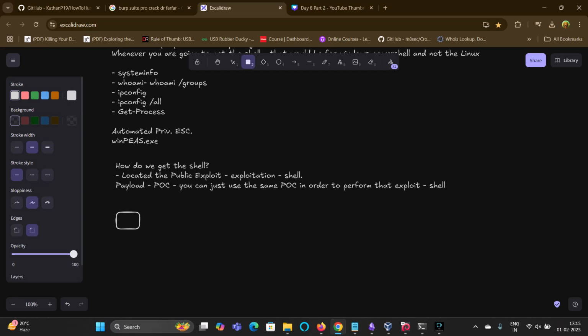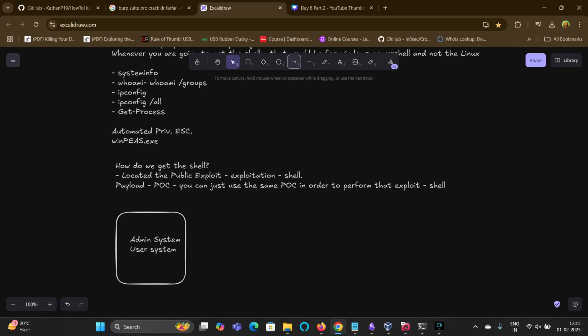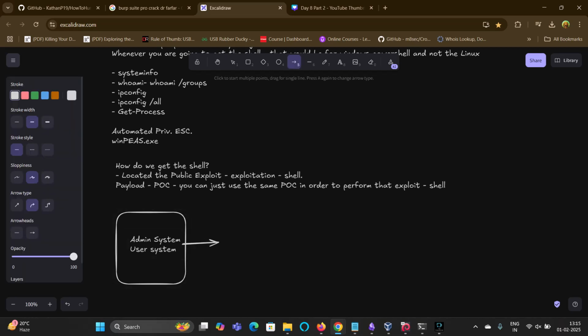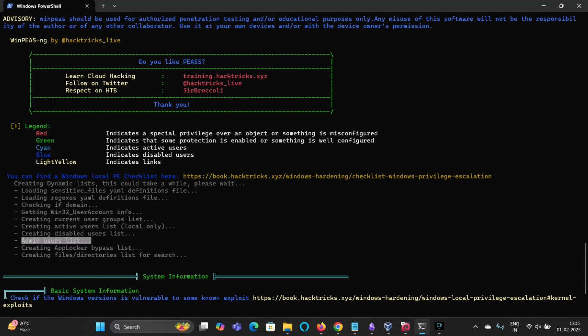Let's just say this is a particular network where there is one admin system and another is a user system, a regular user system. If by chance you get hold of the admin user system, then you can escalate it to the admin user list if you get to know that this particular system also has an admin user account. That's how you get hold of the admin system, and using privilege escalation, you can escalate the privileges and the roles. That's how you can perform it.